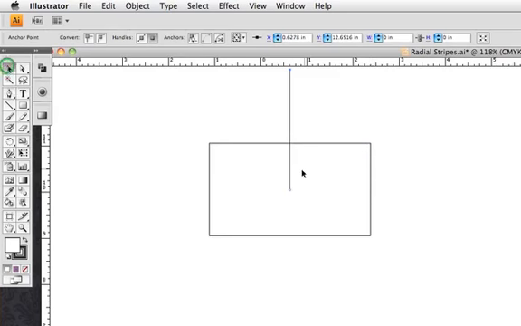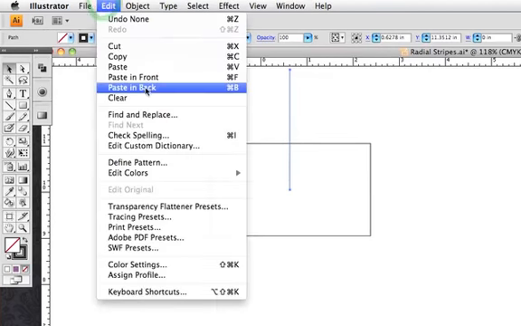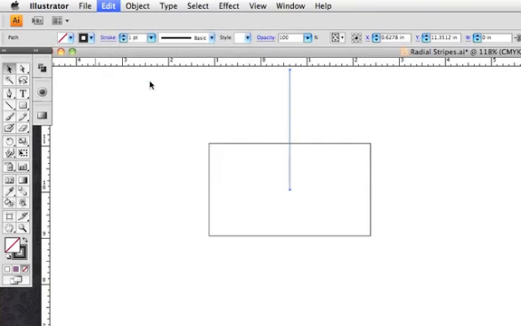So now that we've got our stroke, I'm going to set it to fill of none, so it is just a stroke so that we can see it a little easier. Now I'm going to do copy and then paste in front, because we're going to take this line and move it, and we are then going to create a shape with it. So under Edit, we're going to do copy, then we're going to do paste in front. So now we have two sitting right on top of each other.